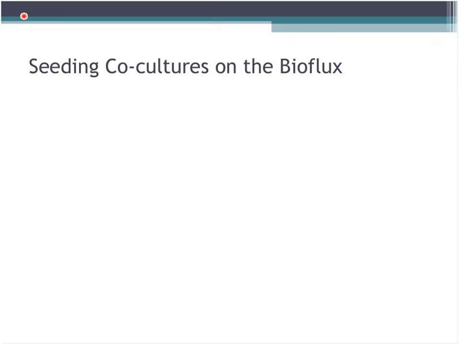Okay, so I'll start out by talking you through how I seeded the co-cultures on the BioFlux. This is a pretty straightforward thing, I guess, but when I've been talking to